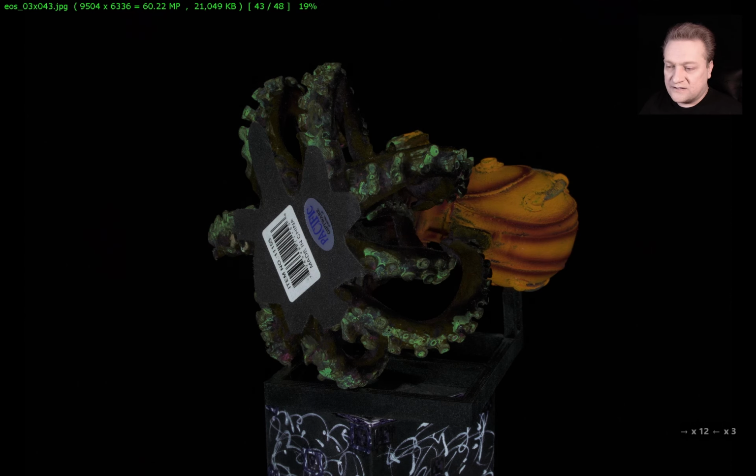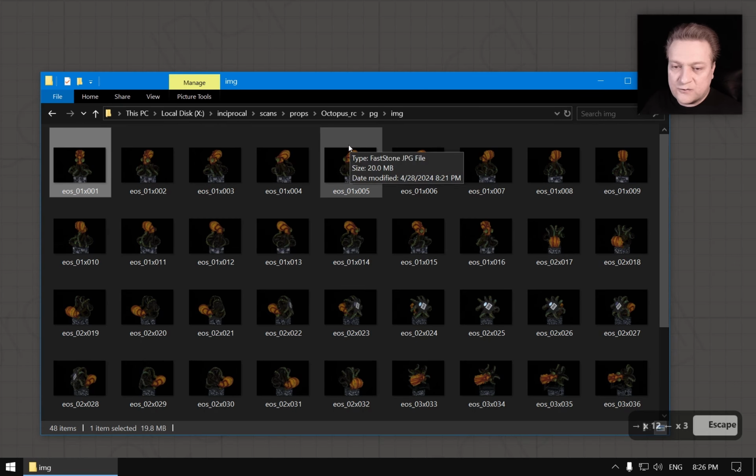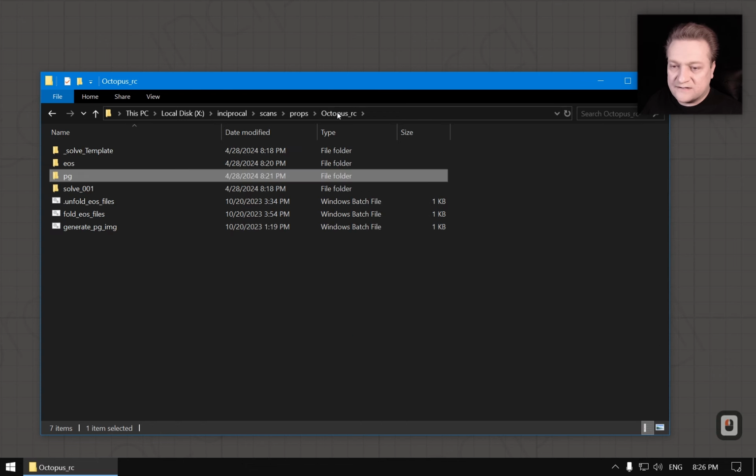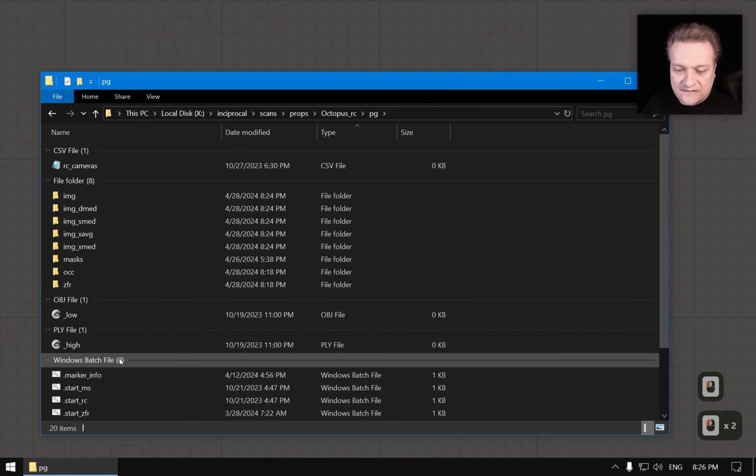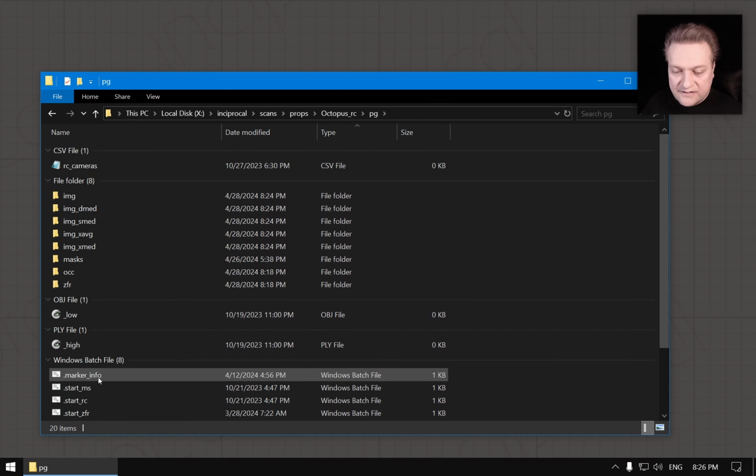But here we have it. So this is roughly what all these loops and the data look like. Let's run Metashape, and first